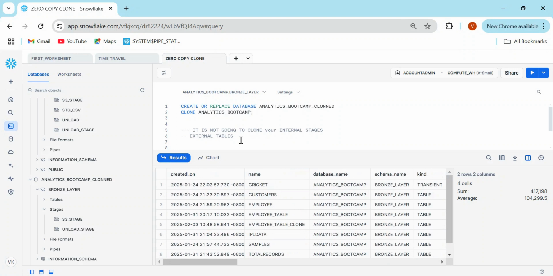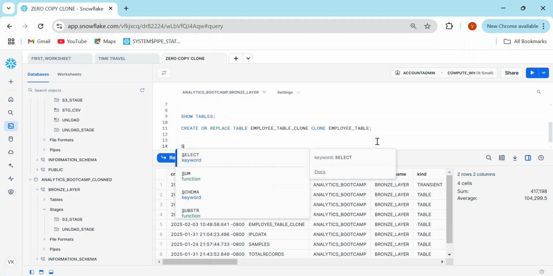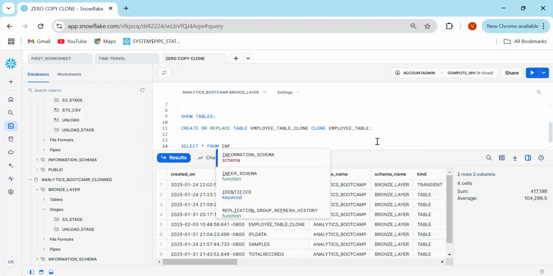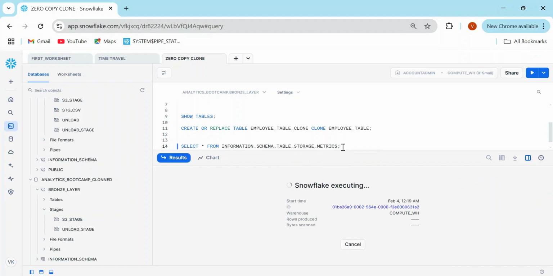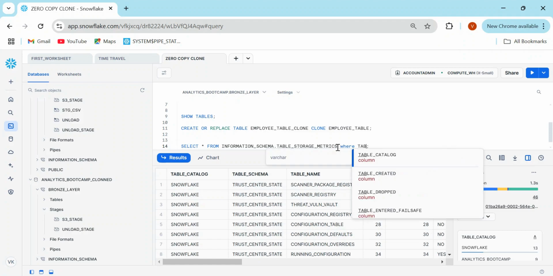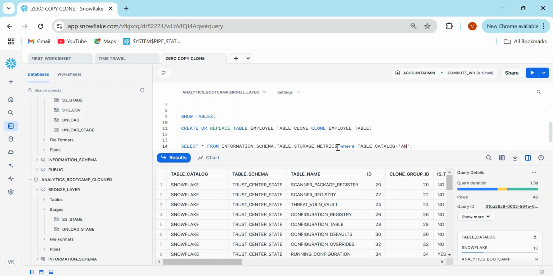The actual place, if you want to find out whether it is going to take any charges from your side or not, you need to run select star from information schema dot table storage metrics, and then you can mention your database name. So here table catalog equal to analytics bootcamp,